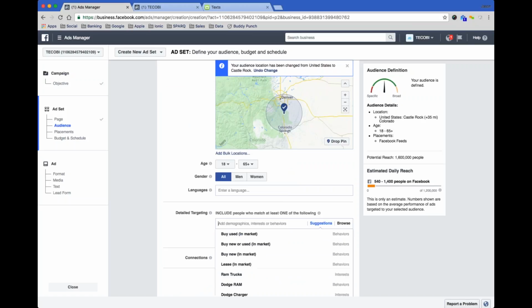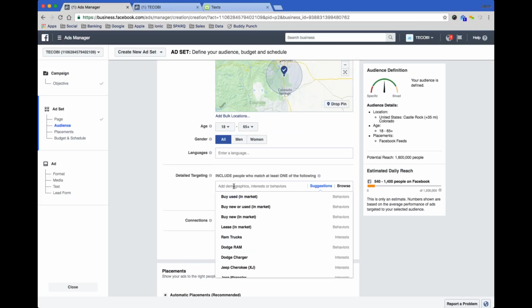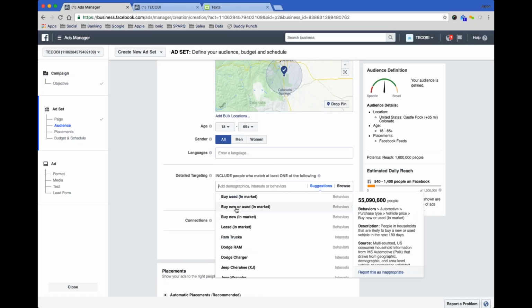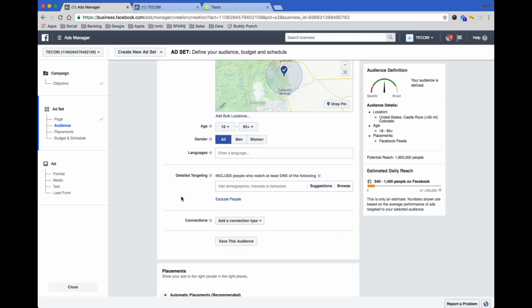As far as your filters, I know everyone's kind of crazy with these filters. Honestly, I've had the best luck just leaving them wide open. Everyone wants to come in here and try and use the in-market buyers or target people with a specific make. I've done the same thing, and all it does is drive up the cost per lead.